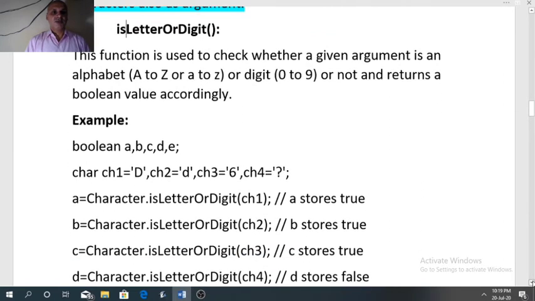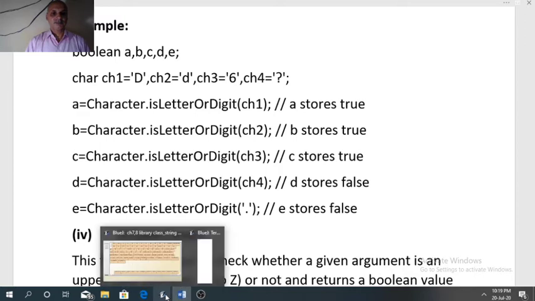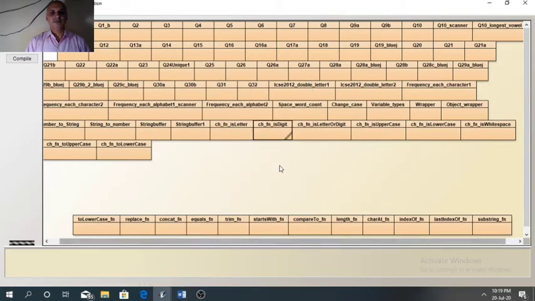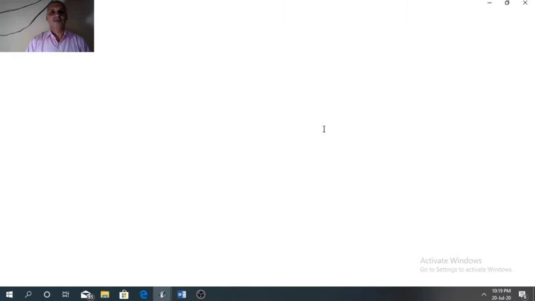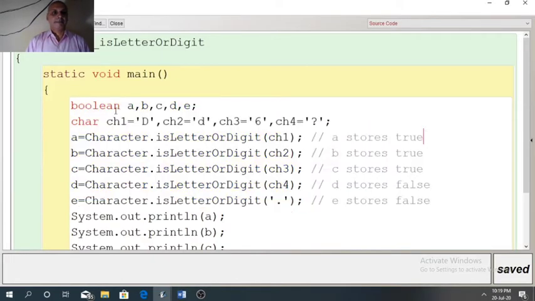Now we will see the program directly. Again I have declared boolean variables, 5 variables A, B, C, D, E to store the result. CH1 capital D, CH2 small d, both are letters.